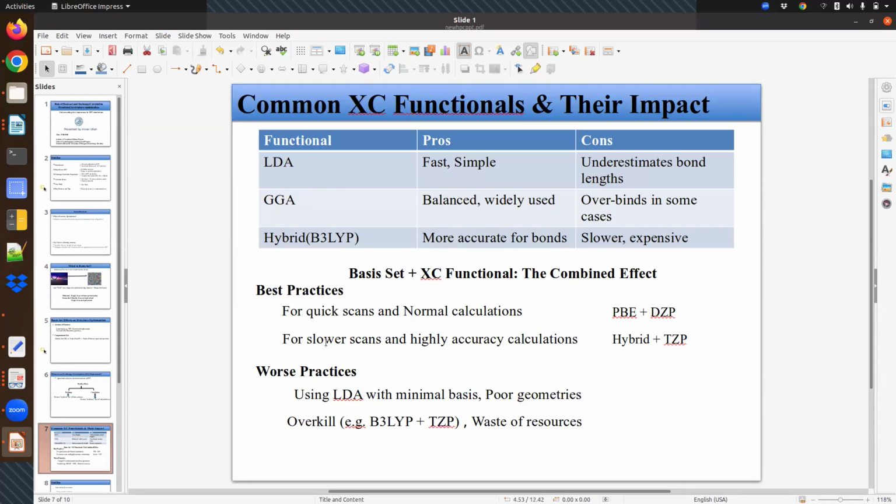For the combined effect, for a quick scan and normal calculation, you can use PBE with double zeta polarized, I mean the GGA and double zeta polarized, or LDA with double zeta polarized. For the slower scan and high accuracy,